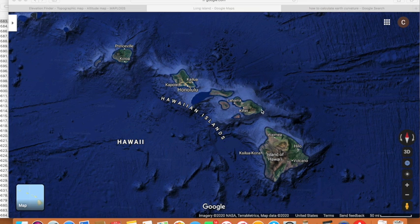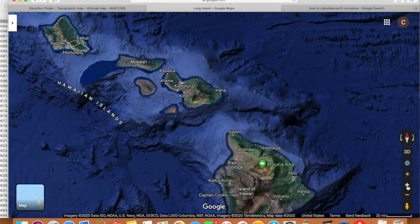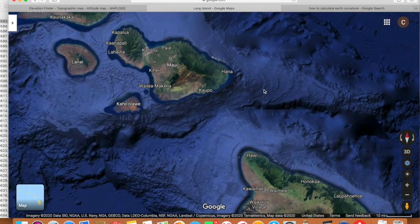But today we're just going to be looking at the obvious island of Maui and one tiny little point here on the eastern shore of Hana. And I'm observing from the shores of Hawaii, right at the northern tip of the Big Island. So let's go take a look at what I'm talking about. Right by Hana,